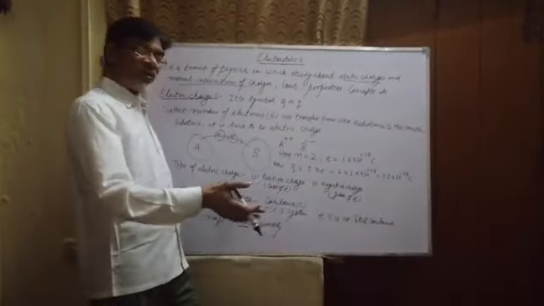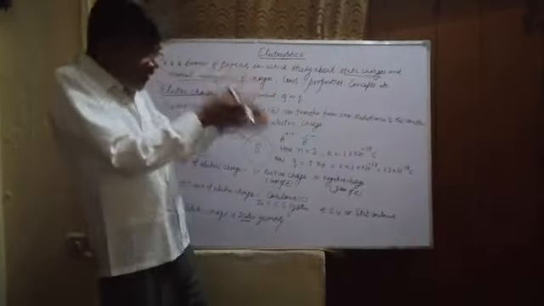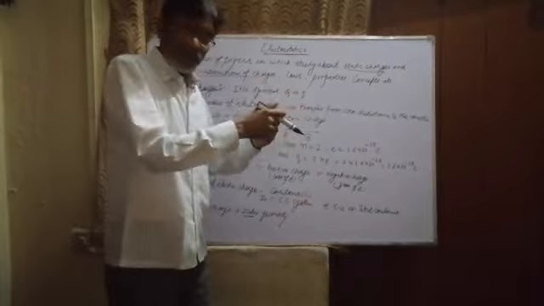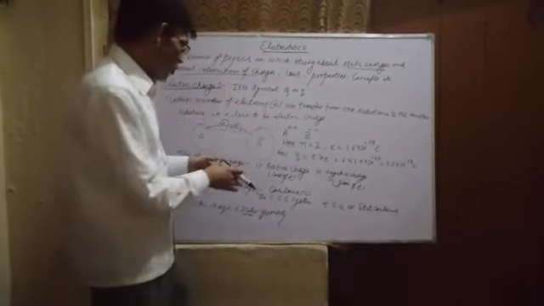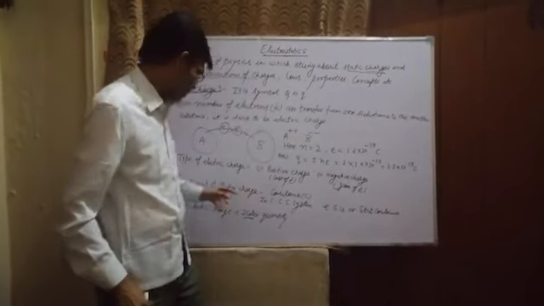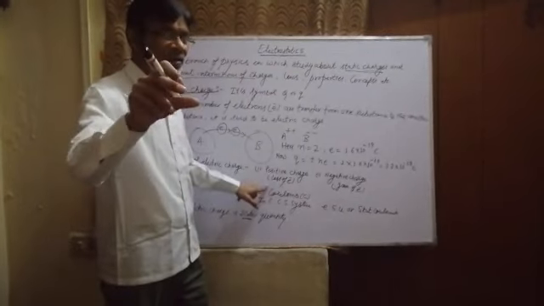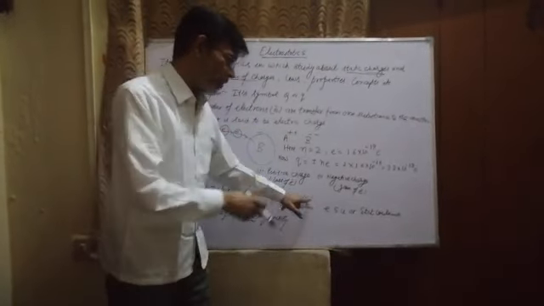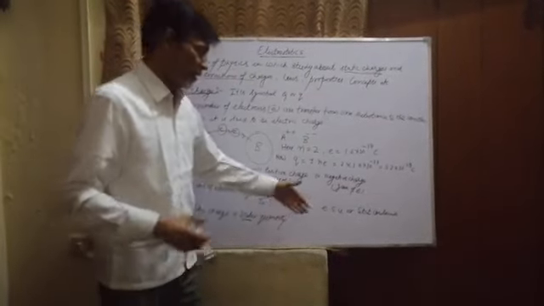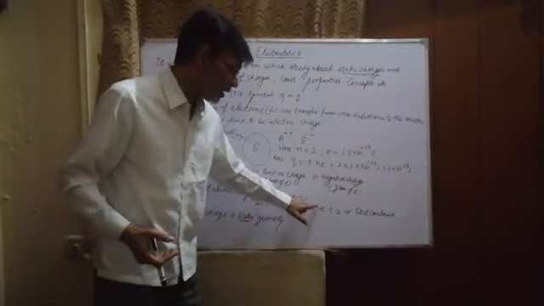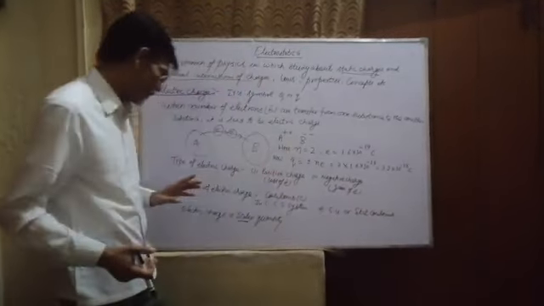Now the SI unit of electric charge. The unit is based on the name of a scientist, Coulomb, who discovered it. So we can consider the SI unit of electric charge as named after the scientist. It is the coulomb. The short symbol is C. In the CGS system, it is the ESU, that means electrostatic unit, or statcoulomb.